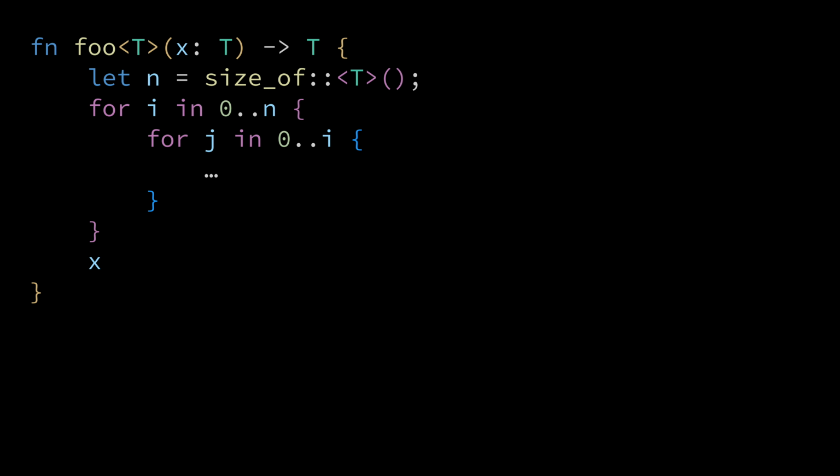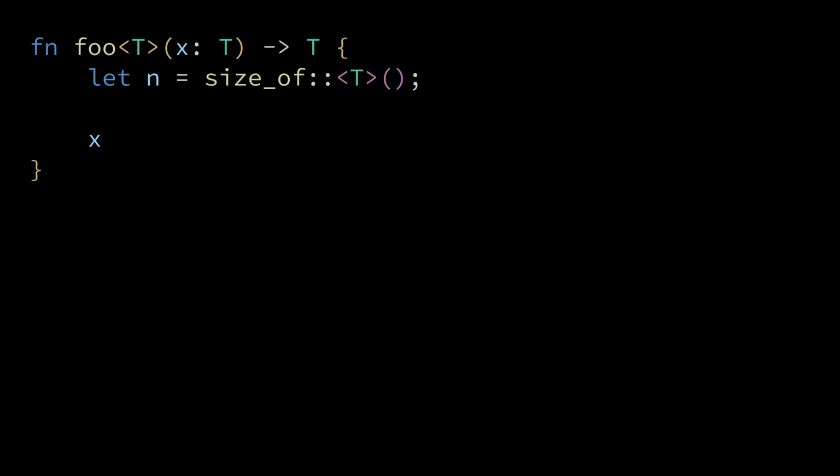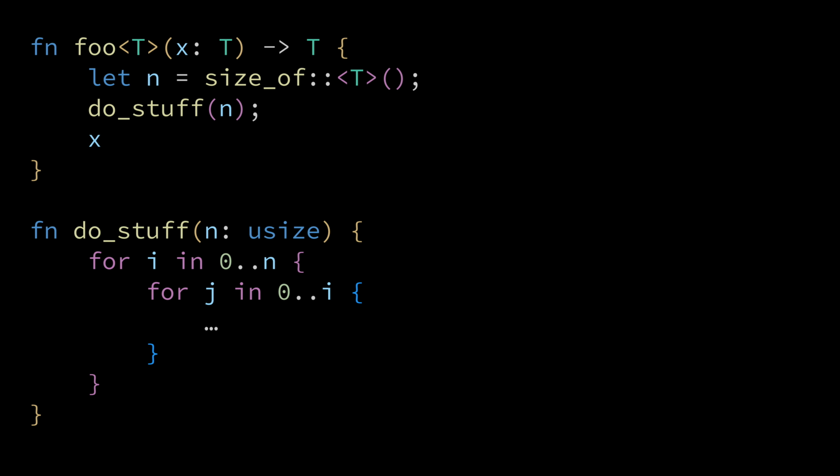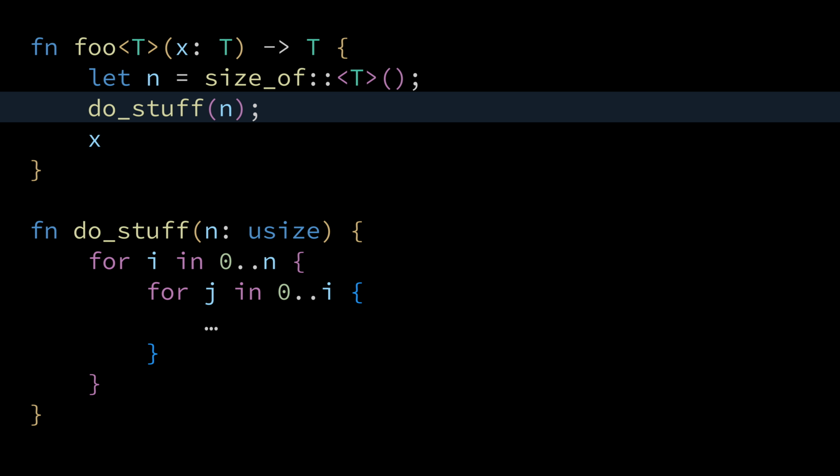The basic advice for reducing that bloat is to keep code out of generic functions if it doesn't need to be there. Let's say foo has a big chunk of code with some nested loops or whatever. That chunk of code will get duplicated each time foo is monomorphized with a different type for T. But most of this code doesn't actually handle any variables of type T, so it's a candidate to be pushed out into a separate function. Now we have an ordinary function called doStuff. It's not generic, and we're calling it from the generic function, so that logic is no longer duplicated each time